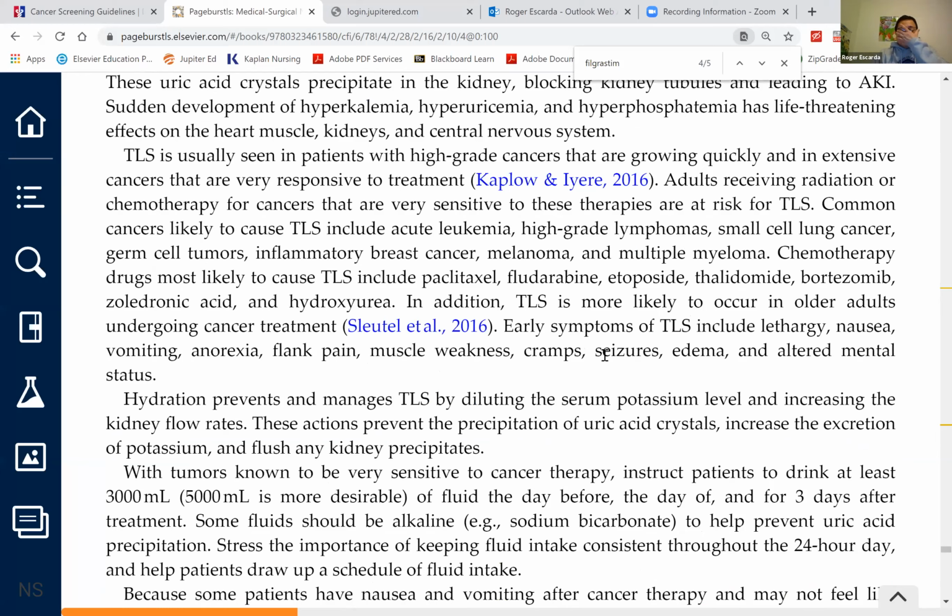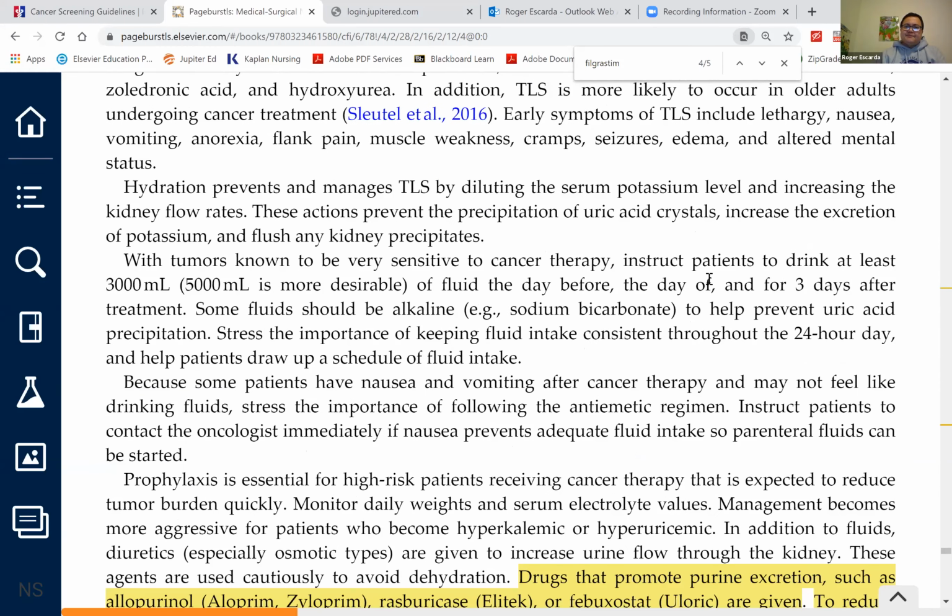So the management here will be, again, managing hyperkalemia. What were the interventions we learned in chapter 11? What's the fastest way you can drop potassium levels? Hydration? Oh, that's not. Oh no, not the thiazide, the other one. Oh no, what was that? You remember insulin with dextrose? Yeah. Oh, okay. Remember chapter 11? So we gave the patient insulin with dextrose. What else? We gave diuretics, right? We also gave